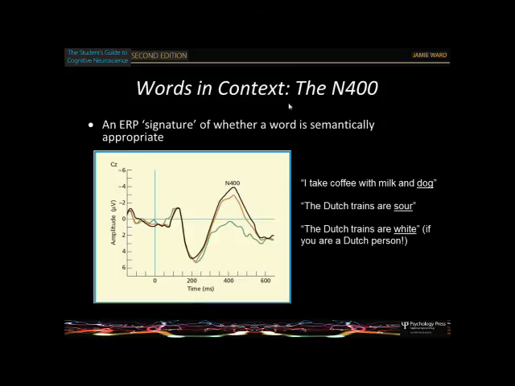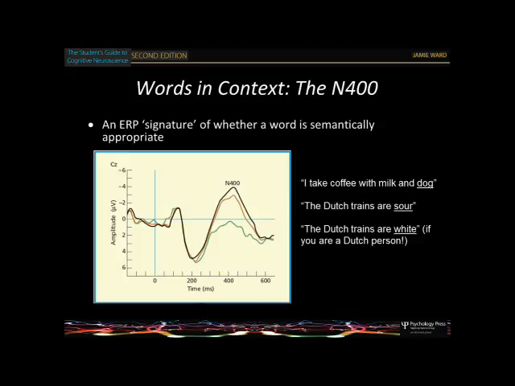extent. So this is an EEG signal that's used for recognising not whether a word is a real or made-up word, but whether a word is suitable in that particular context. So it's to do with word meaning. If you read a sentence like this, I take coffee with milk and a dog, the word dog here elicits this large electrical activity in the brain. It's about 400 milliseconds, called the N400. Whereas if you say, I've got a pet cat and dog, you don't get the N400 to the word dog.